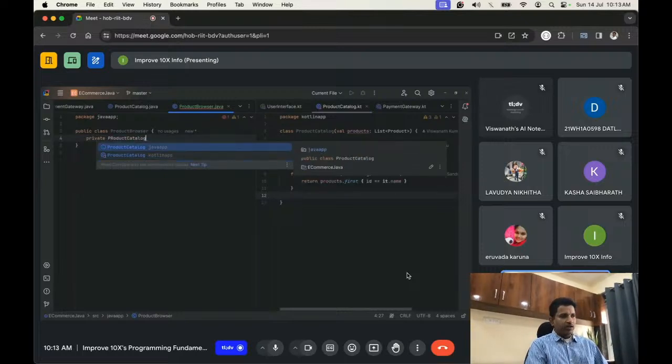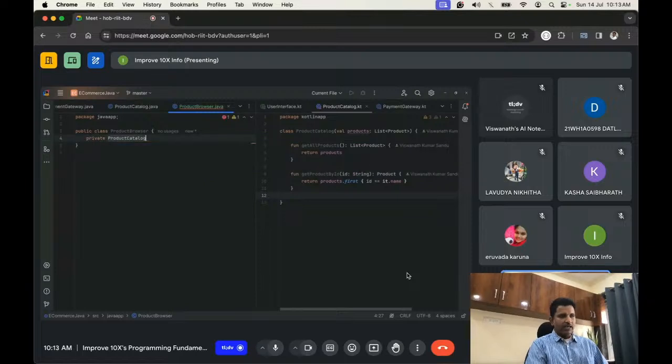Do we need Java one or the Kotlin one? We need to select that also. We need it from Java, and then create an